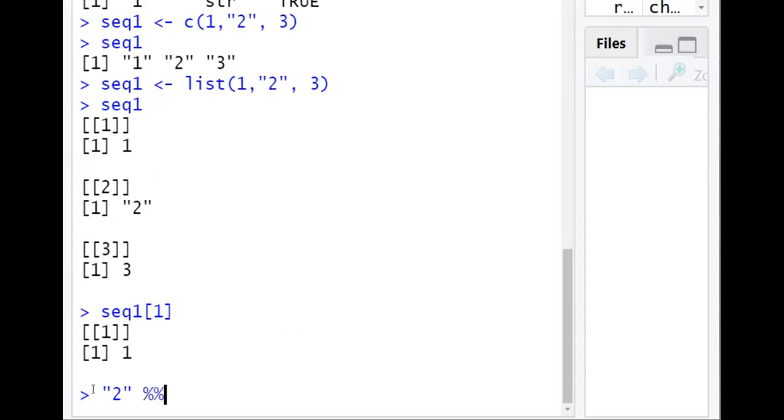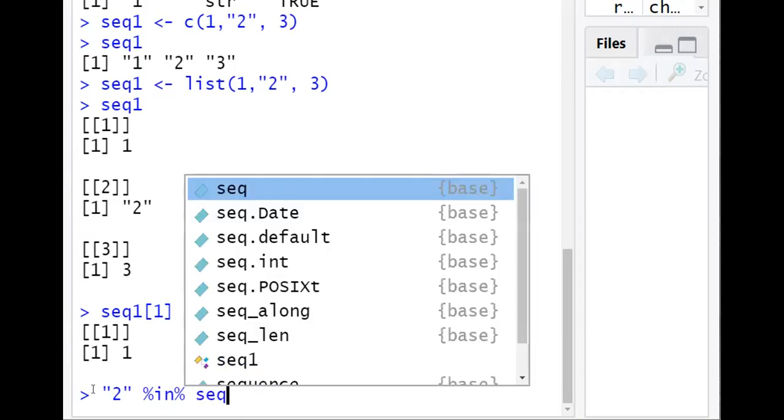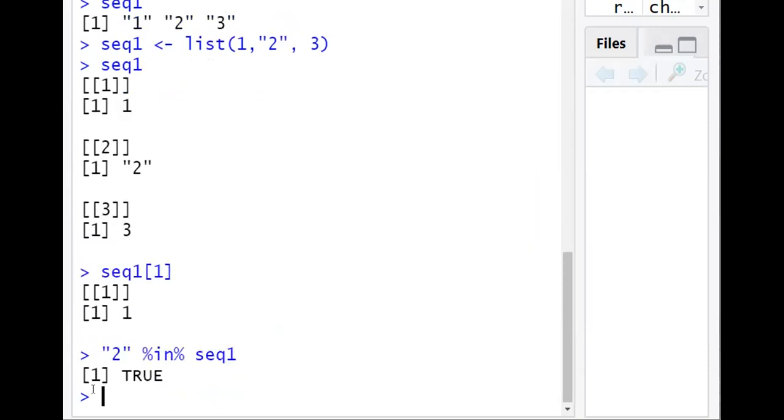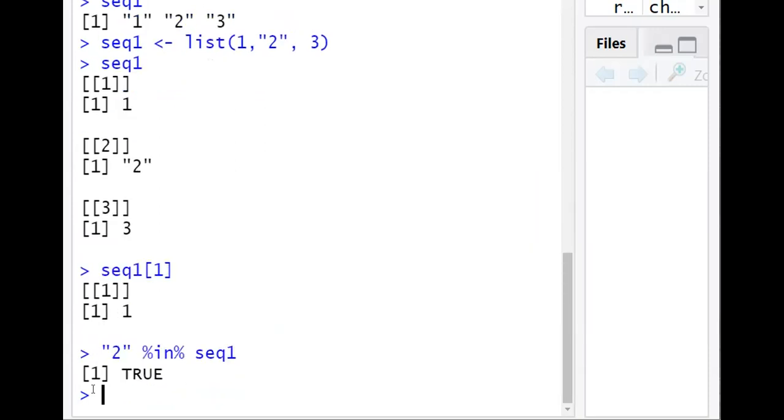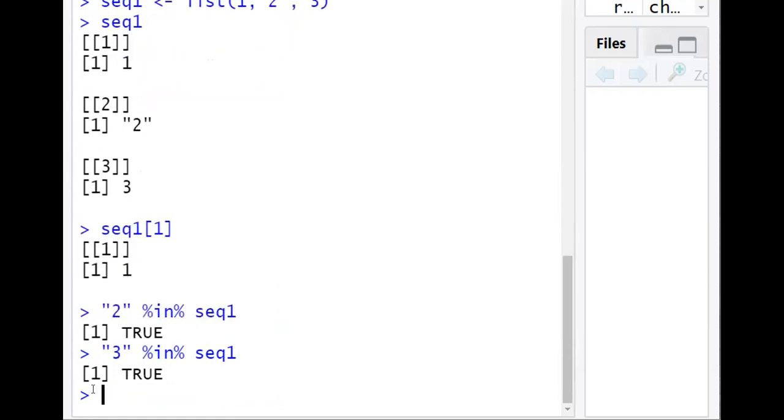For that we use the percent in percent symbol, followed by the list seq1. It has printed TRUE. So 2 is present in the sequence. Now if I check whether 3 is there, 3 is also in the list.